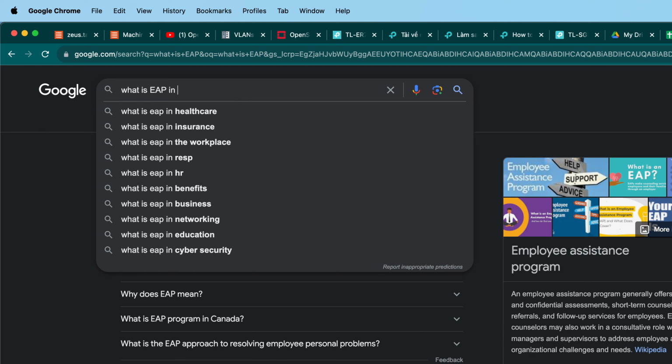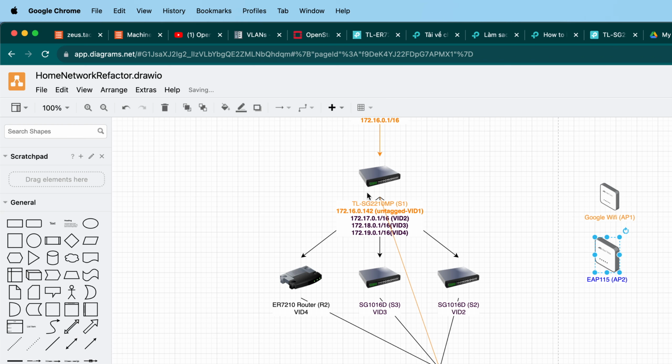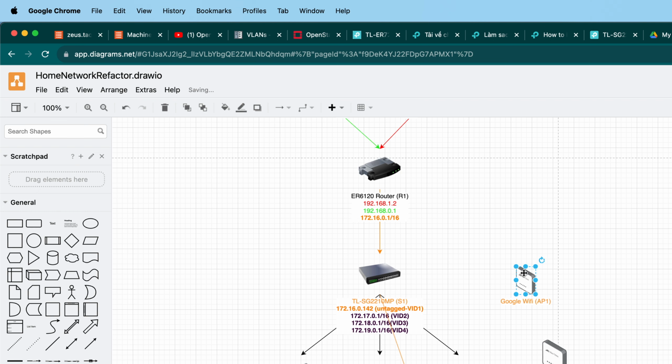In technology. Anyway, it's an access point, and you really want to use it for providing wireless access to your VLAN or your subnet. So now you can see that I'm still going to use the access point for both of these, but with a twist,